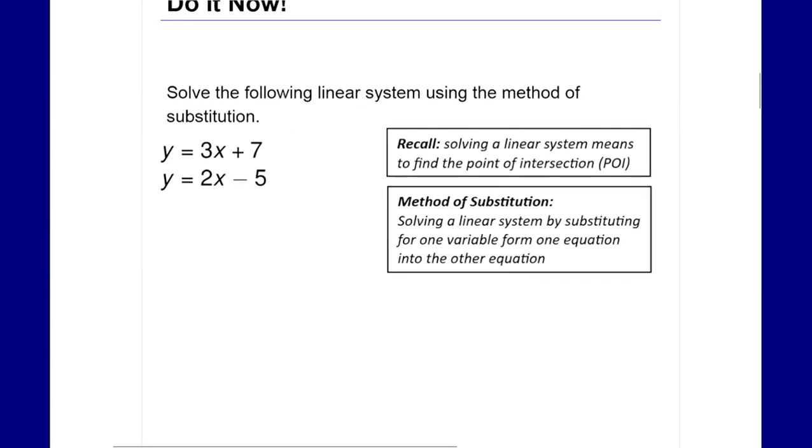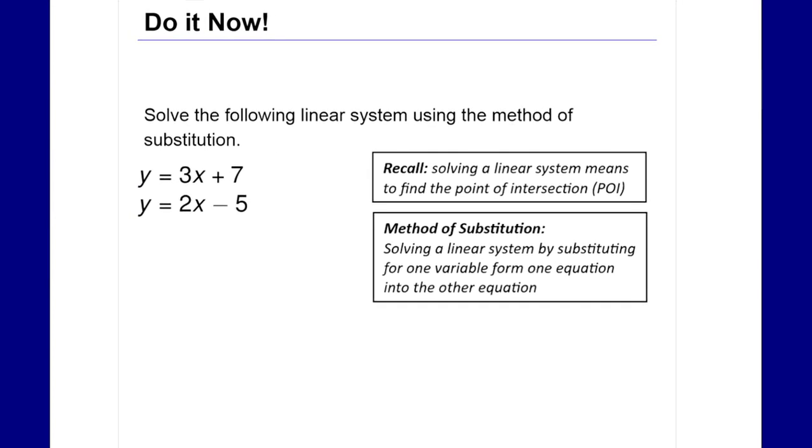Let's solve the following linear system using the method of substitution. A couple things to keep in mind when we talk about solving a linear system: what we're trying to do is find the point of intersection. We're trying to see where the lines cross. Now for substitution, that was one of the two methods you would have learned, substitution or elimination. And we are going to use substitution in this case because that's what is going to apply when we solve